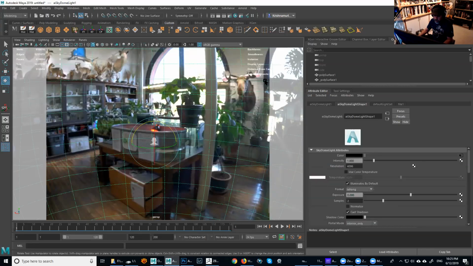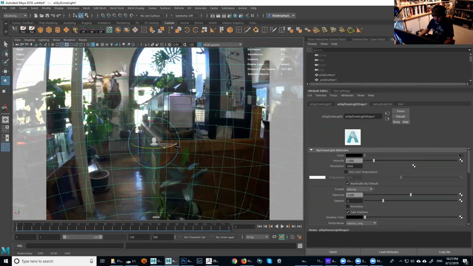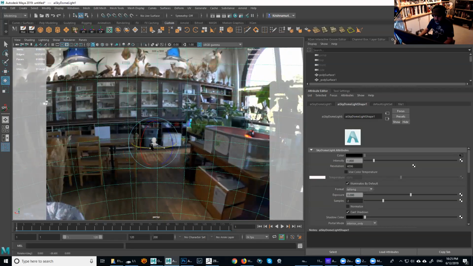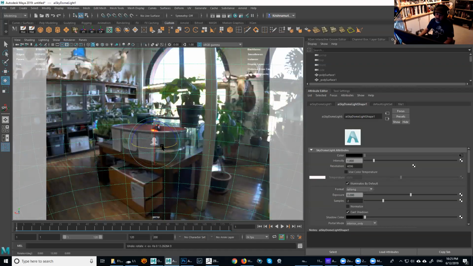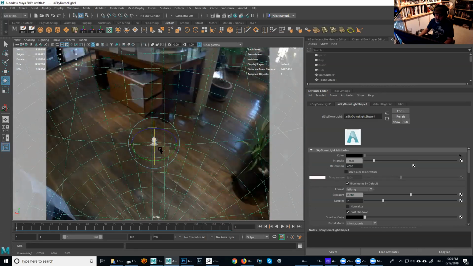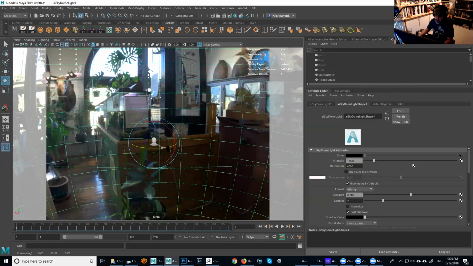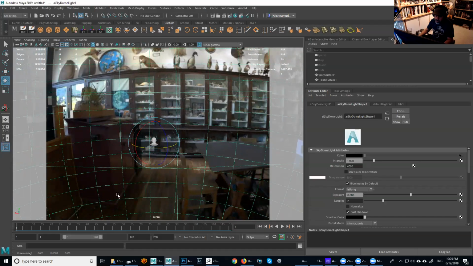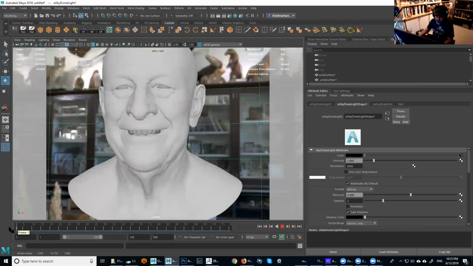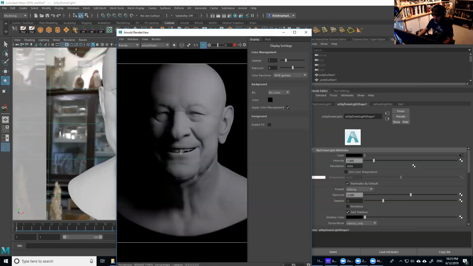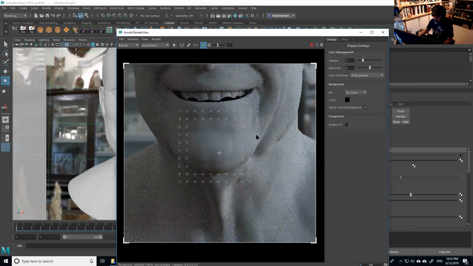You can actually click the HDRI and just spin it around if you want. If you want to be very creative with it, you can spin this way, for example, and make the light go from the top, right? But I'm not going to do that. I'm going to keep it more natural. Let's say I go all the way to the side, put the light from that side, switch the camera back to one of those cameras, and then let's just check how the render looks from the get-go. So let's just process it and see what it turns out to be.